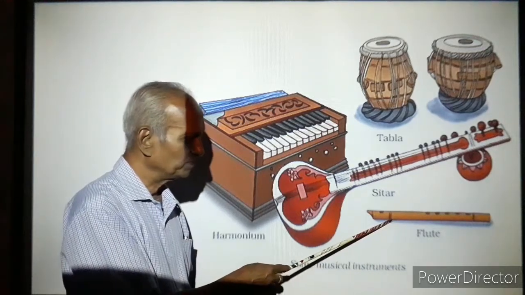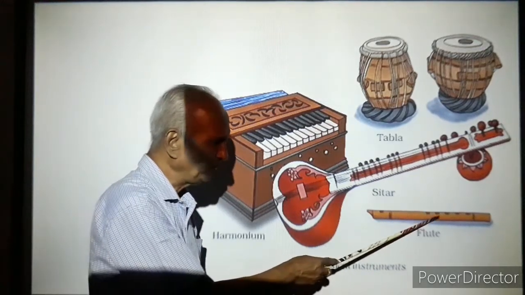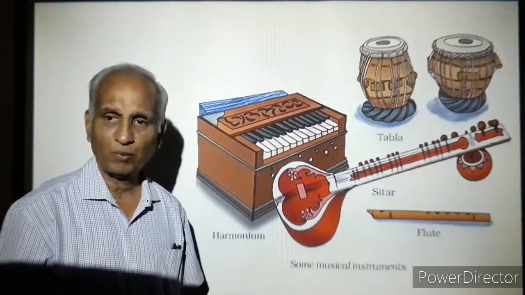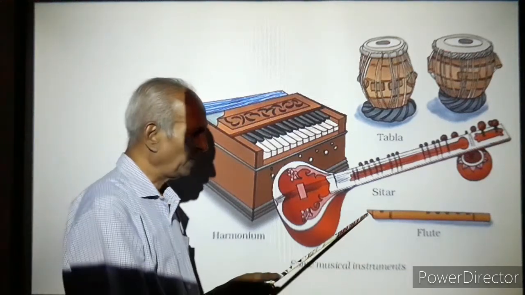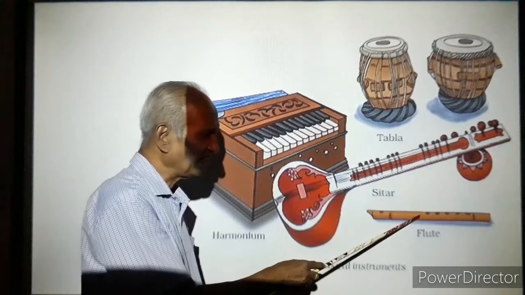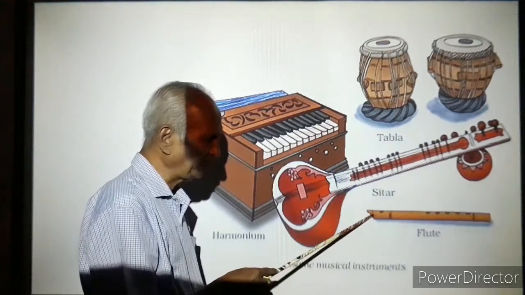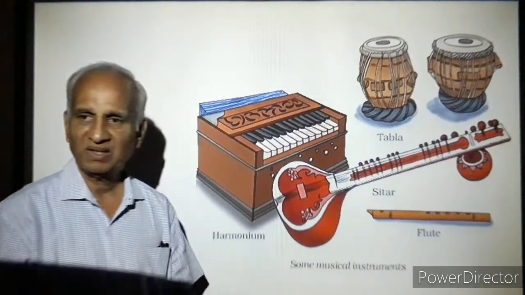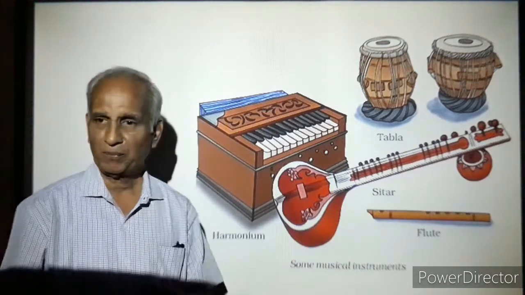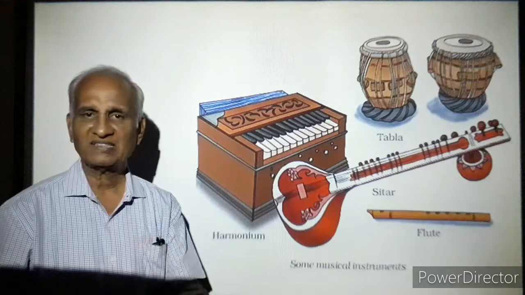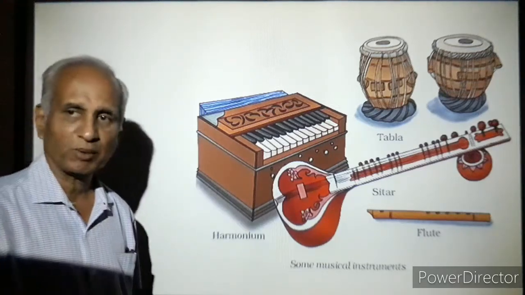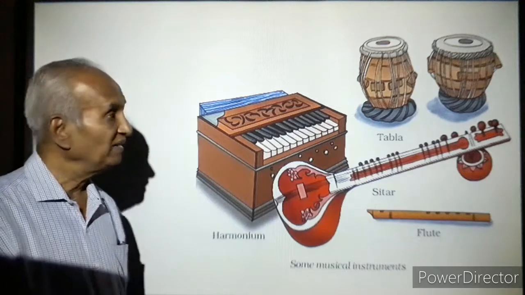Flute, you have the holes here. Sound production is very rhythmical, and the air as it moves through the point here and goes through the different holes, the flute produces different kinds of musical sounds. So these are some of the musical instruments. Next,